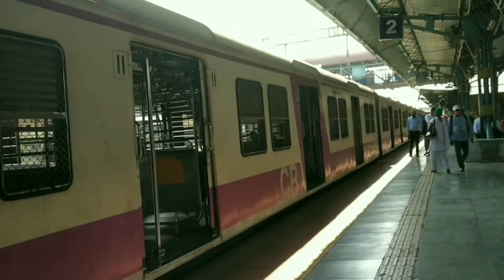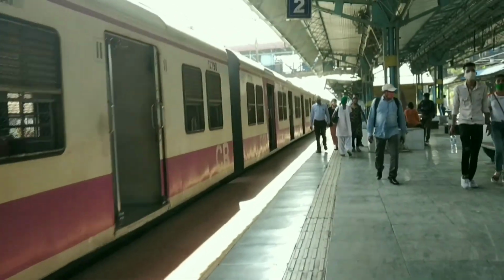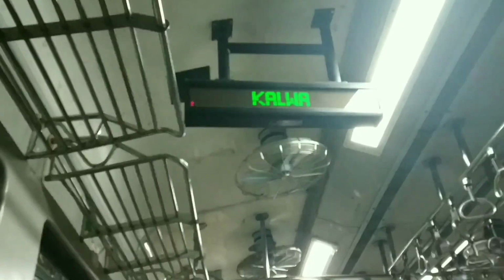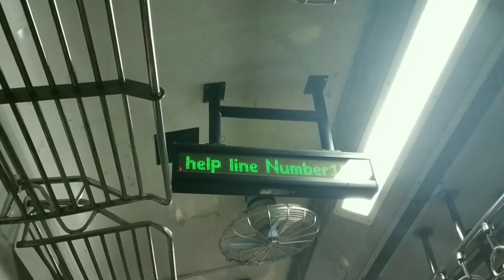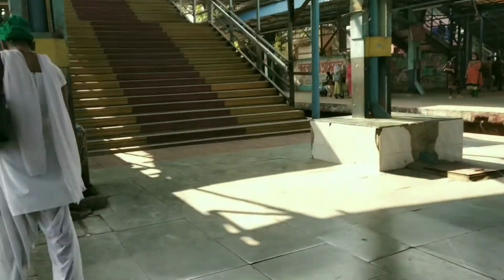There are boards and signs on the platform and even in the train regarding various coaches and train details such as the last stop of the train, emergency contact number, time of arrival of the train, slow or fast, stations on which the train will stop, and so on.